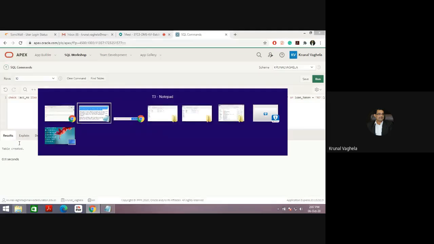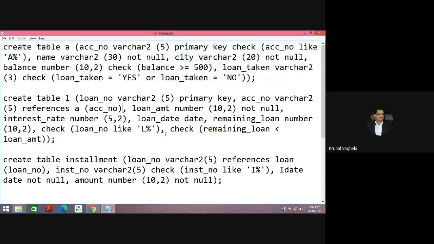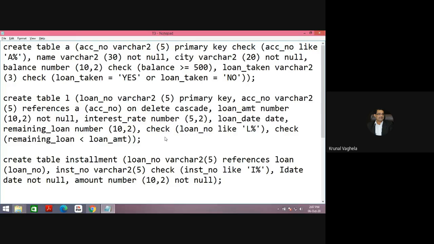Table created, a loan, and now after declaring, I will write on delete cascade, and let me create the table.